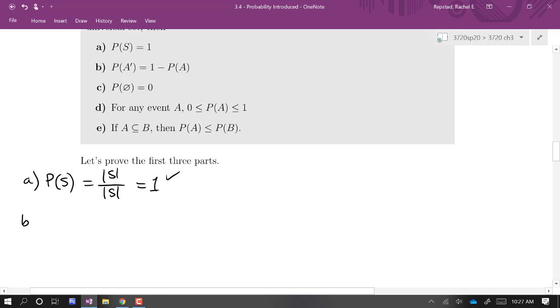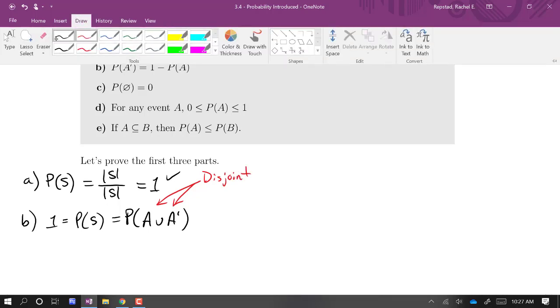The second part is that the probability of A complement is 1 minus the probability of A. So the first thing I'm going to do is use the previous result. I know that 1 is equal to the probability of S. Now that sample space I'm going to write as a disjoint union. I'm just going to write S as equal to A union A complement. And we'll just note these are disjoint,